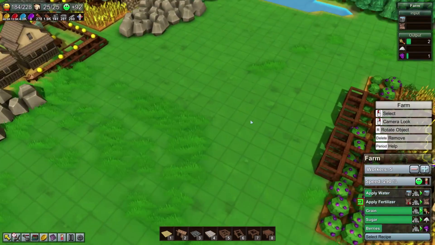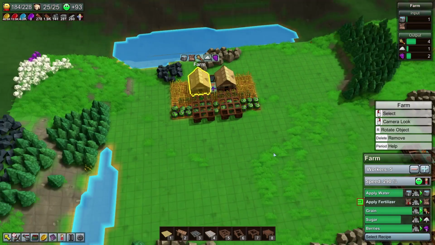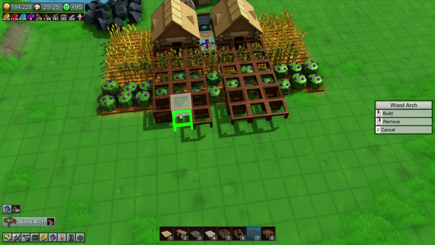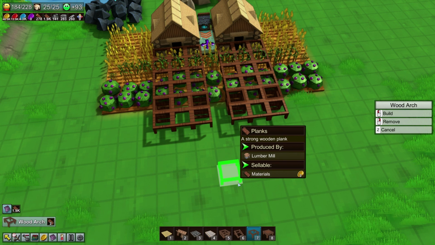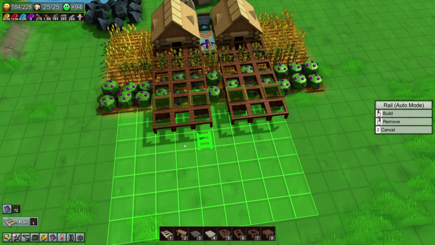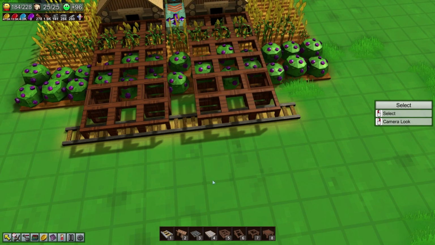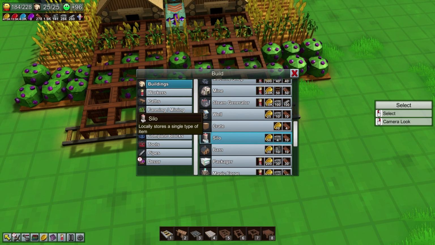Now, the trick here is going to be that I am going to want a couple of different things going on. In fact, let's build these out. Now, this is what I'm thinking about our rails. Let's bring up rails. Where would they be? I would like that to go over there. I'm thinking we're going to want rails running underneath. And the first type of collection point we're going to want is...